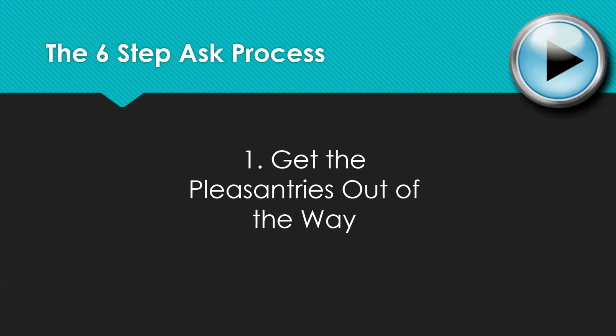All right, here's step number 1 of the conversation. Get the pleasantries out of the way. You've cultivated this person. You've learned a little bit about them. Now it's time to talk about the kids, the family, work, the last time you saw the person, etc. There's going to be small talk, so get it out of the way first. This could be the shortest part of your conversation, or it could be the longest part of your conversation. Whatever it is, make that small talk and reestablish that relationship.